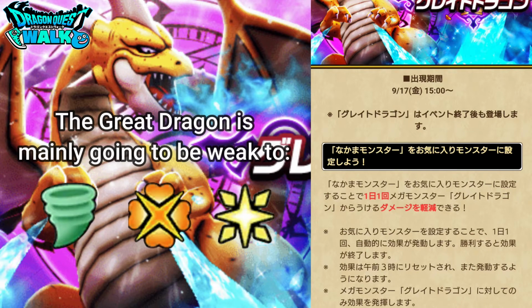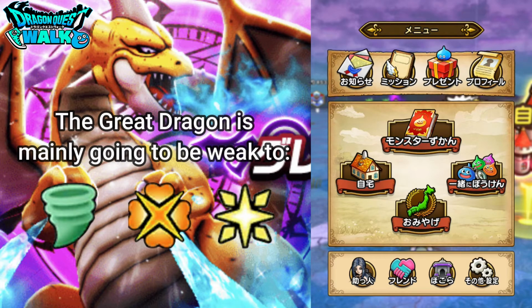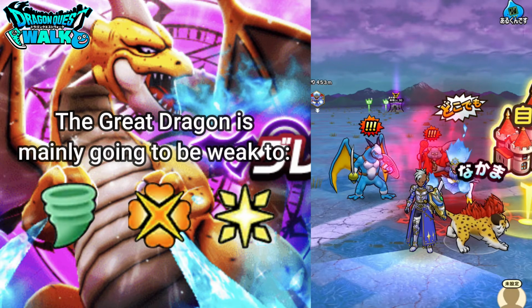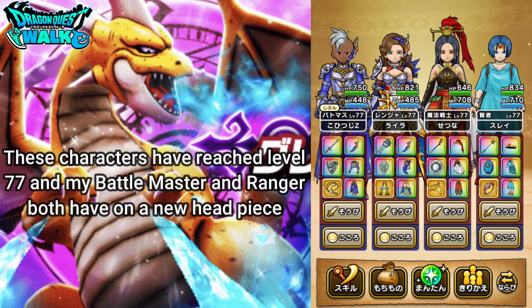So the Great Dragon is going to be weak to mainly Bagi, Io, and Dein. So what I did for this particular party is I'm going to have my new Io team. Very similar to the Gira team I used against the Snow Queen, I switched the classes of these two particular characters. So now this is going to be a Battle Master, this is going to be a Ranger, but you can see that they're level 77, and the equipment is also slightly different,